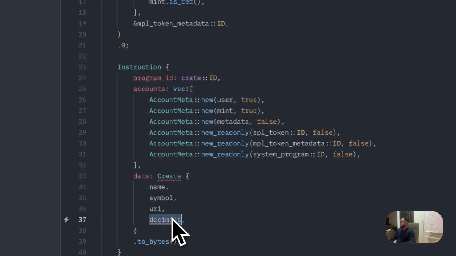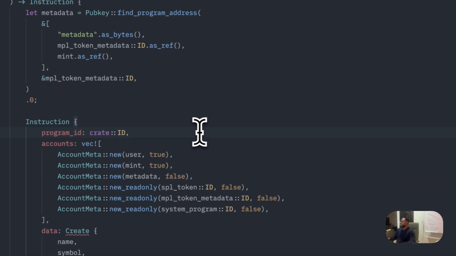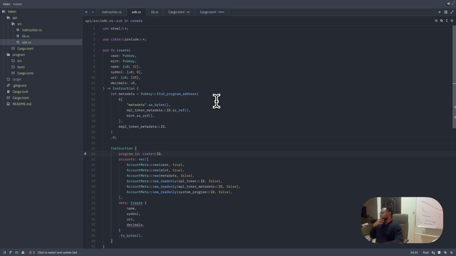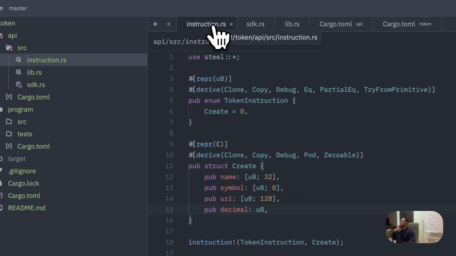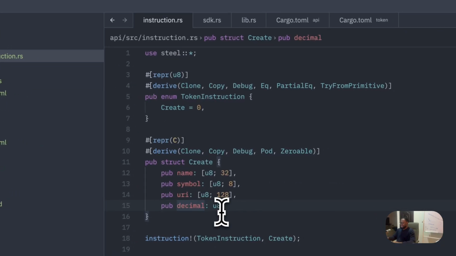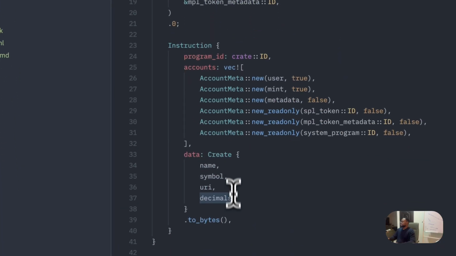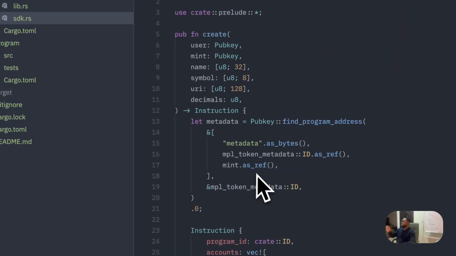The Rust analyzer could just be acting up. You know what? I'll close it and open it again. Weird. Exactly, I called it decimal, not decimals. You have to love computers. And with that, we should be done with